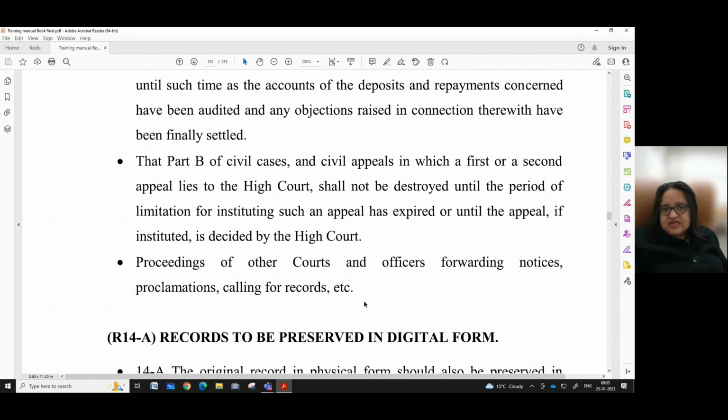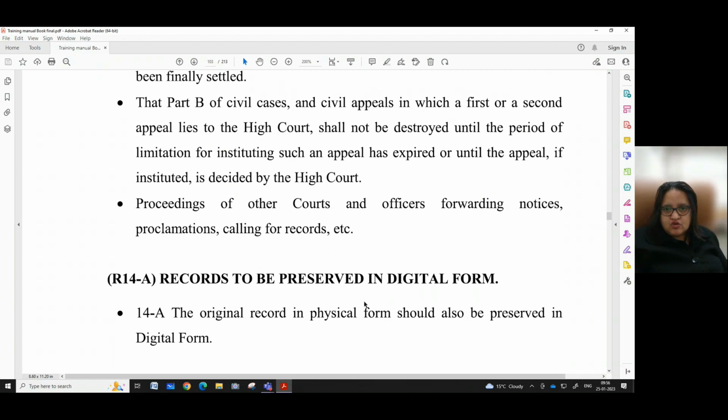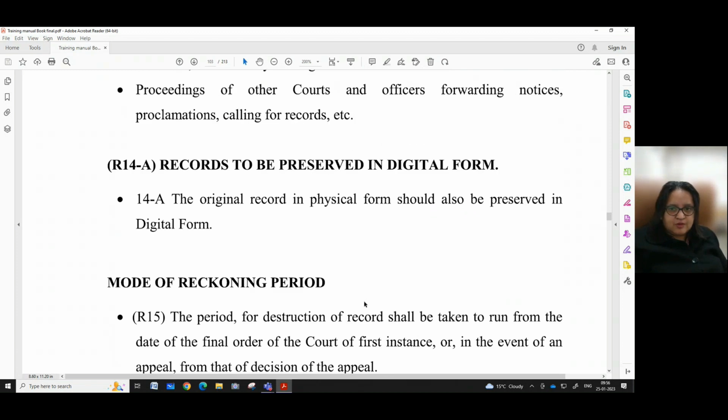Part B of civil cases and civil appeals in which a first or a second appeal lies to the High Court shall not be destroyed until the period of limitation for instituting such an appeal has expired or until the appeal, if instituted, is decided by the High Court. Proceedings of other cases, other courts and officers, forwarding notices, proclamations, calling for records, etc.